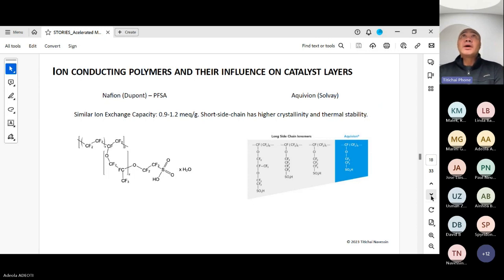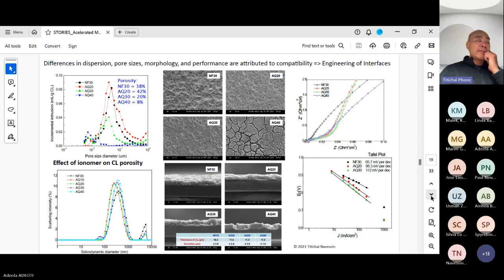There are many equivalents, analogs, or alternatives, including Aquivion by Solvay. These are shorter side chain polymers that have higher crystallinity and thermal stability. So there are some derivatives or improvements that have been deployed as well. Now, the next slide shows some of the impact of integrating Nafion into the catalyst layer versus using Aquivion